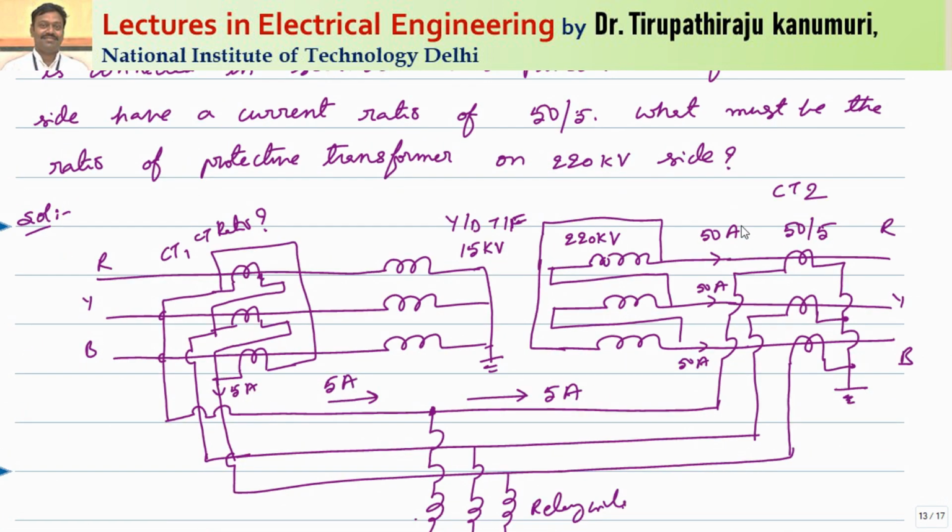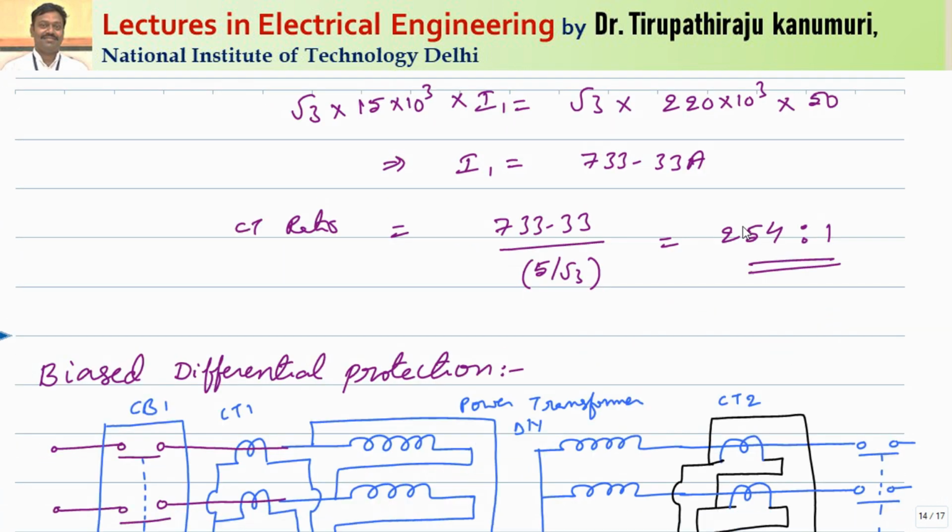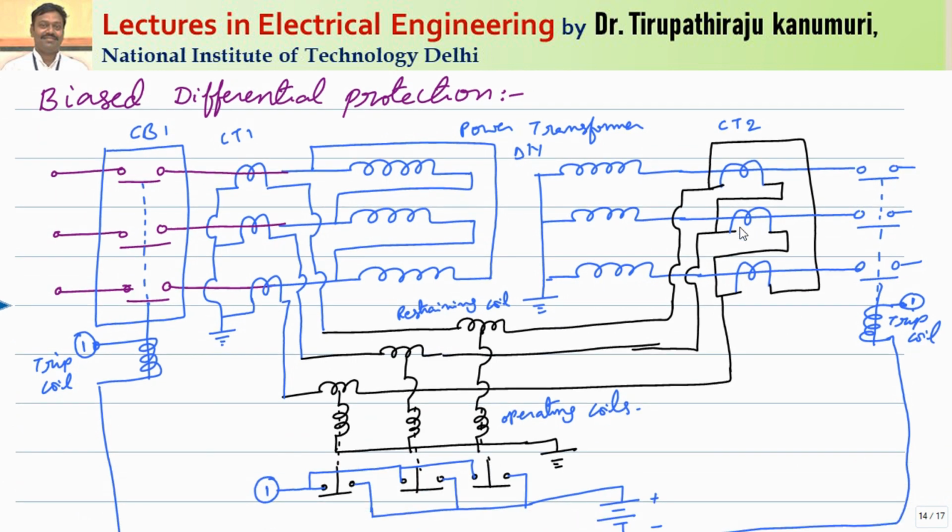The same is the case for any transformer. If you want to calculate the CT ratio on any one side, you multiply the voltage ratio, the other side's voltage divided by the voltage of the side whose CT you want to calculate, by the CT ratio of the other CT. When you multiply with that, you directly get the answer. You can apply this to the second numerical also and you will get the same answer.